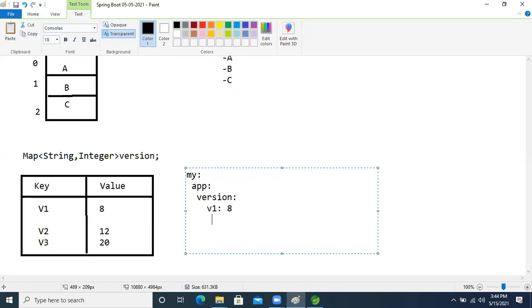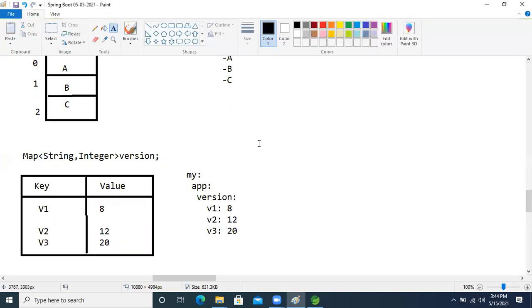Down again, v2 colon 12. Another one down, v3 colon, one space, 20. Like this our yml will become.